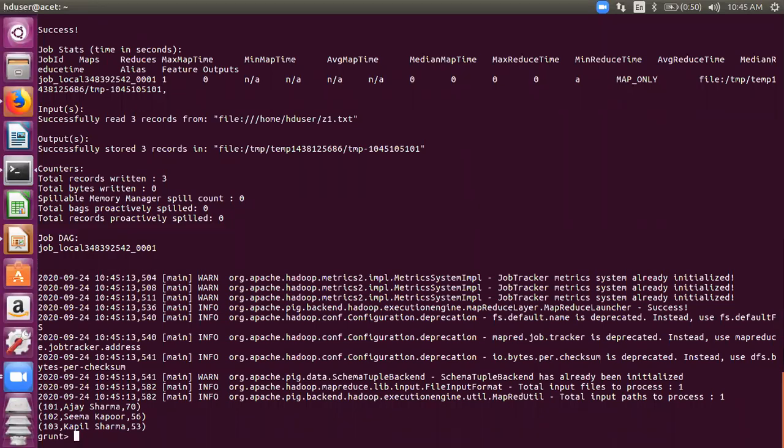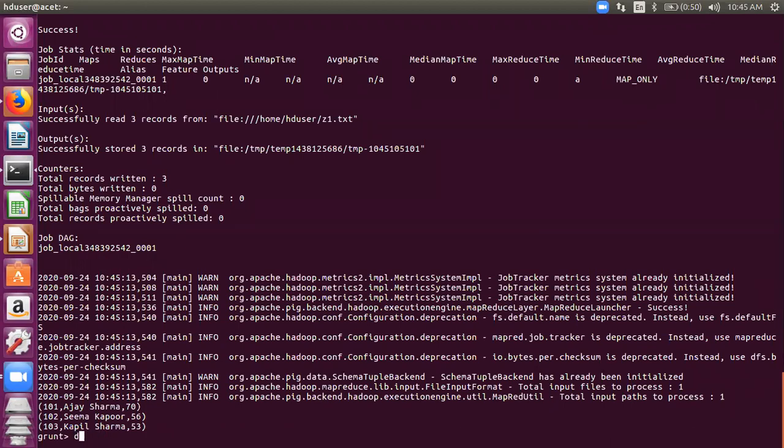Kindly note, I would again request all of you, whatever I am telling you, kindly note it. It would help you in learning, in analyzing, in exams, everywhere. All this is going to be there in your exam, each and everything that we are doing, right? So please work with it. So dump displays the output on the screen.